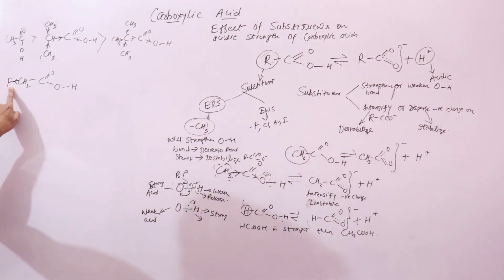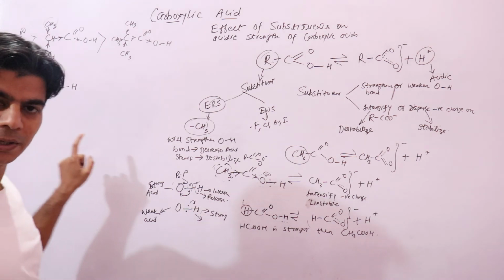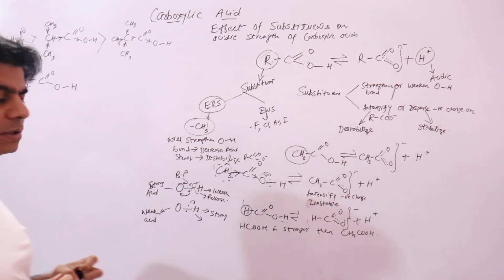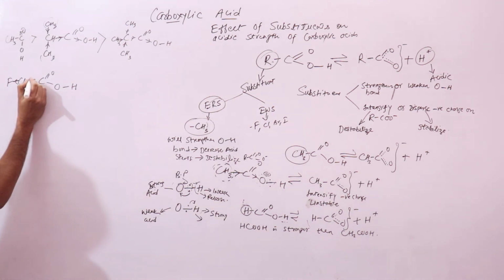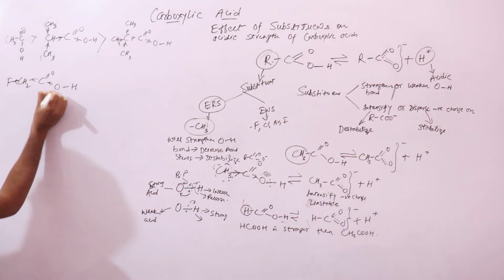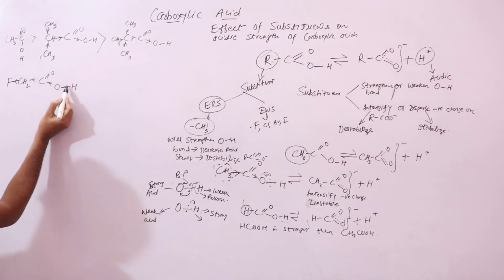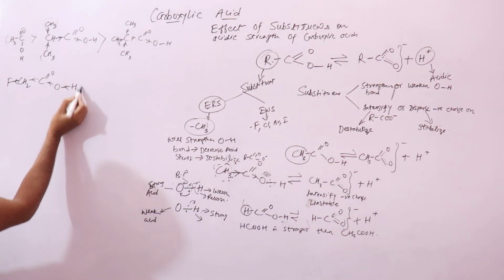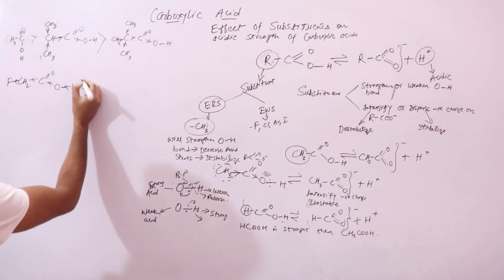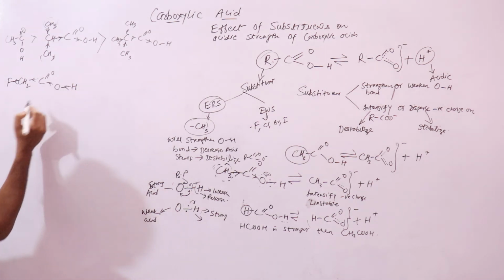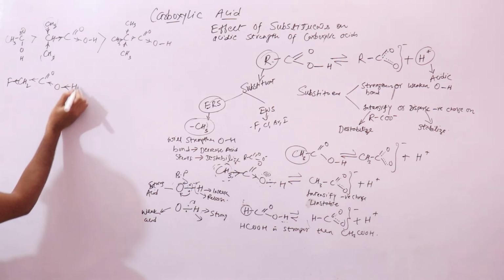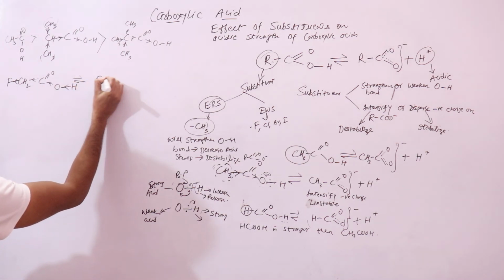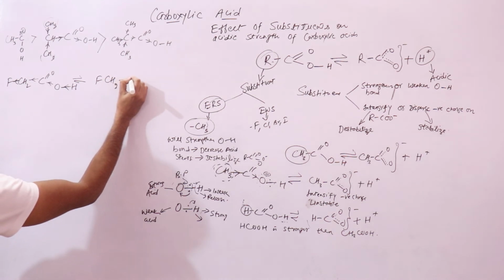We know that fluorine has high electronegativity, right? And electronegativity means the ability to attract electrons towards itself, right? So this fluorine will attract electrons towards itself, right? So this bond pair will also move away from the hydrogen atom. So this bond will become a weaker bond, right? So when this bond becomes weaker, the release of this hydrogen atom will become easier. And if we look at the fluoroacetate ion,